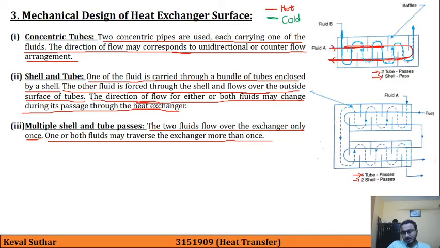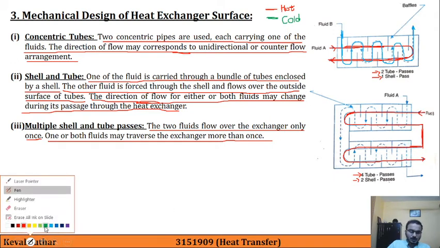So it has been written here that 4 tube passes are there. So it will be like this. This is one pass completed for tube. This is the second pass of tube. Then we have the third pass here, and then there is a fourth pass of tube. So in this way, the hot fluid is passing. It may not necessarily be a hot fluid, but for a while I have taken this to be hot fluid that is passing through these tubes.